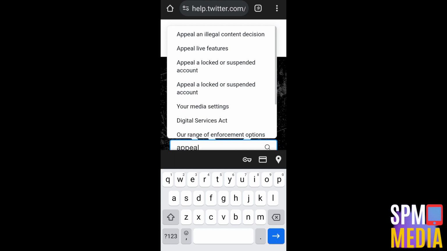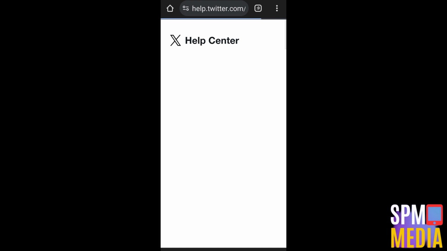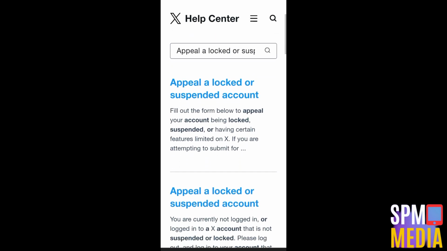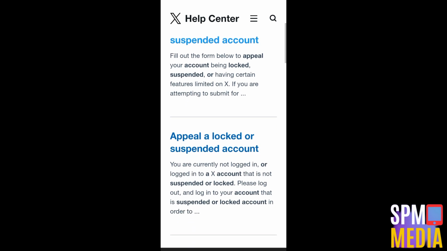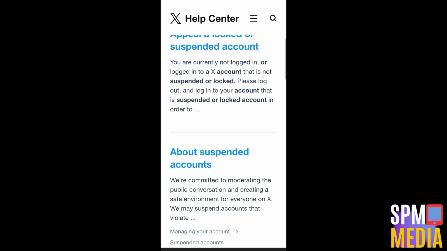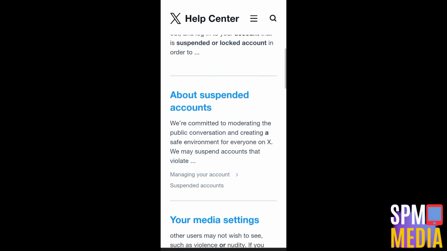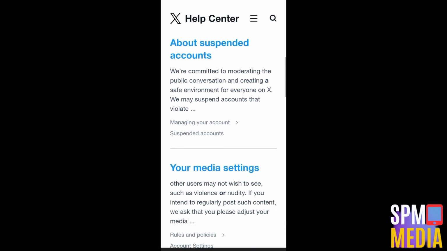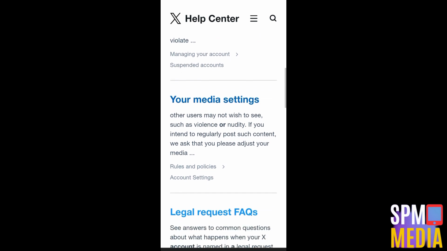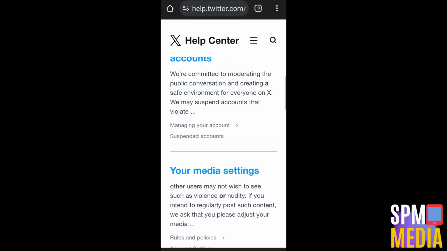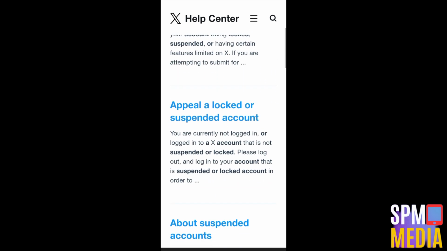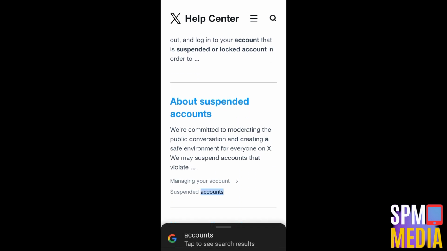Tap this one. Once you tap this, it will take you directly to this page where you can see tons of reasons why your account has been suspended or locked. So all you have to do is pick one, and each of these has its instructions on how you are going to retrieve, recover, or unsuspend your Twitter account. So in case that you can see the answer or solution here, what you're going to do next is